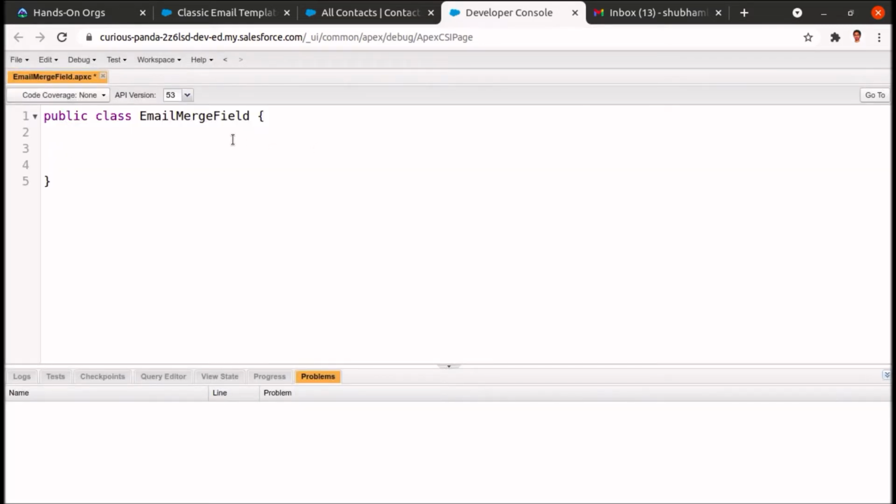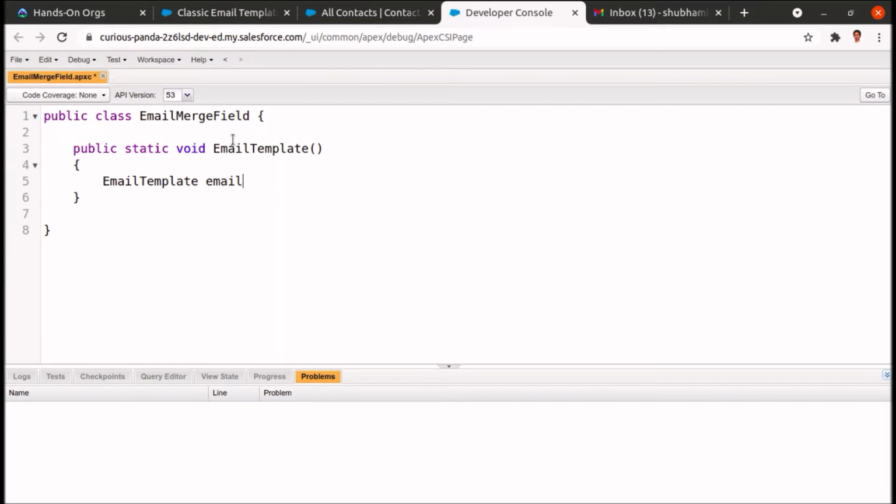Okay, let's have a public static void email template. Now let's get the email template which we will be using to send the mail.